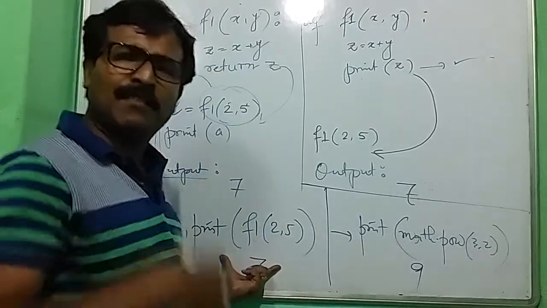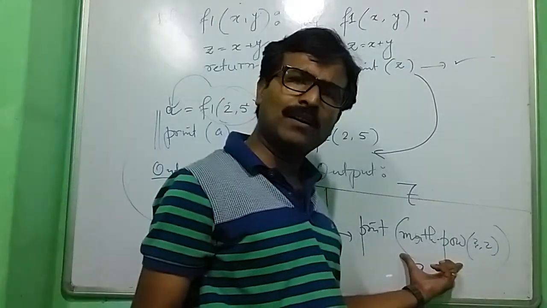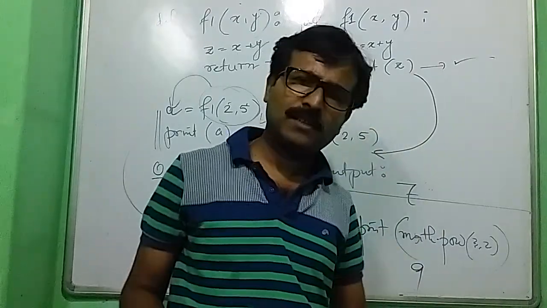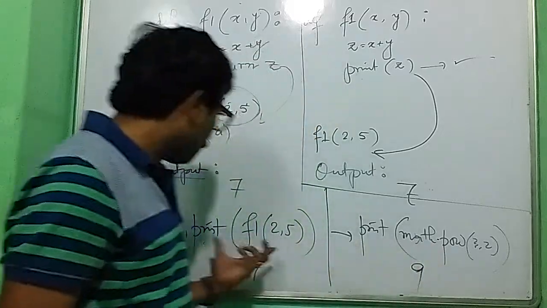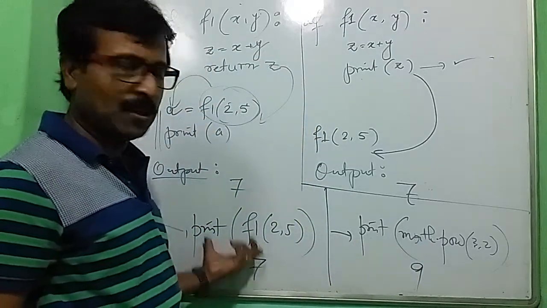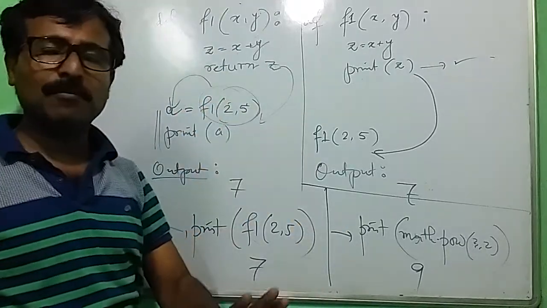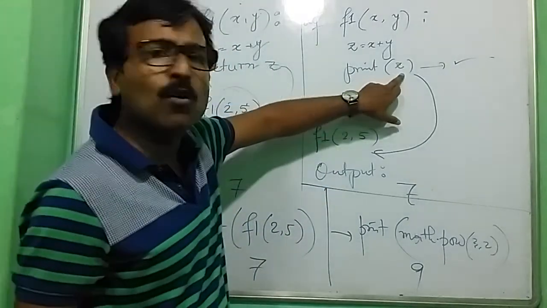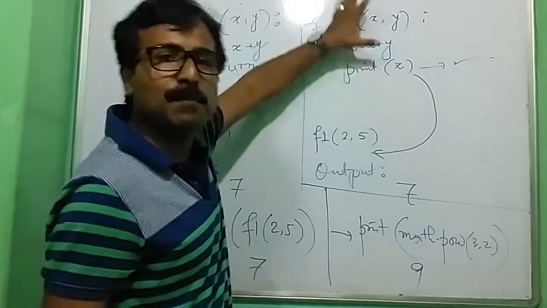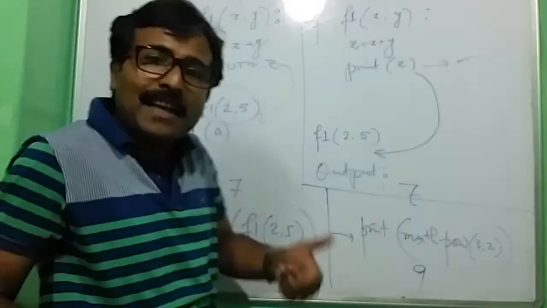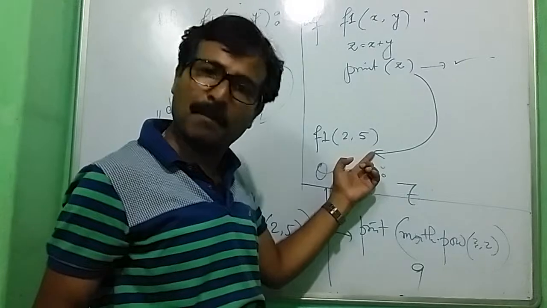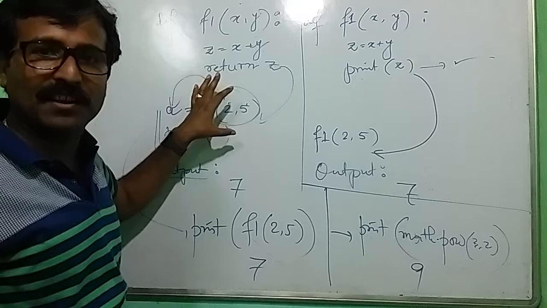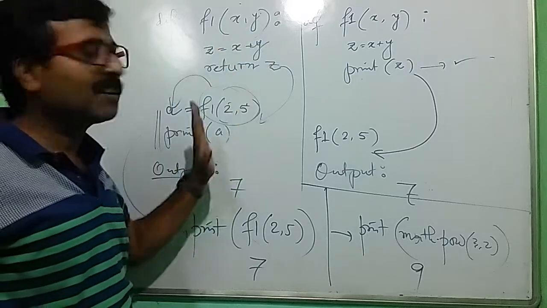This is designed, developed or defined by me. This one is designed, developed or defined by the Python developers, or Python itself. This is the library one, but this one is the user defined one. So this is basically how a return statement helps us to work with it. Because in this case, I have no control over this value because it is displayed here, and it came back empty-handed without any value. Only the control came back. But over here, it came back with the value of z and I can manipulate it over here. Understood? So this is basically the return statement.